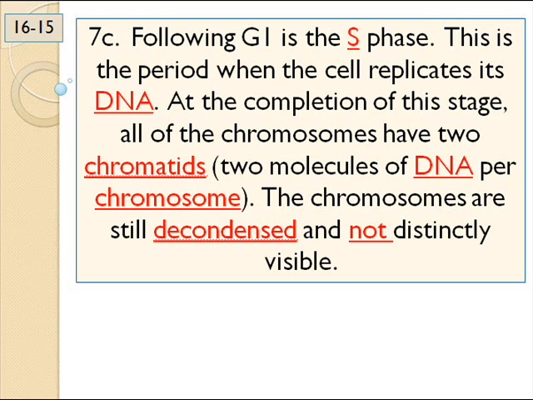Because 1N came from mama and 1N came from daddy. So in my cells now, of all my DNA, half of it, 23, is from my mother. The other half, 23, is from my daddy. When they're both together, we say that's 2N. It's just mama, well, that's just N, and daddy is the other N. So 23 and 23, that's 2N. That's how that works. And a lot of folks don't understand. That's called ploidy of a cell. We discuss haploid and diploid and tetraploid. And that's what we're talking about.